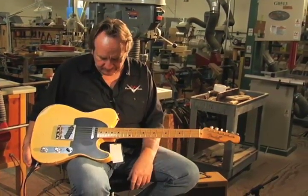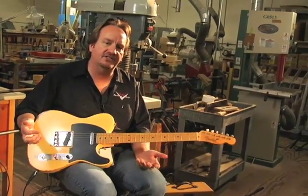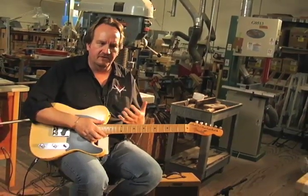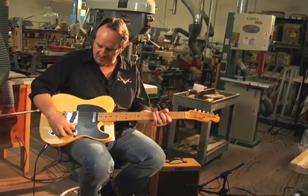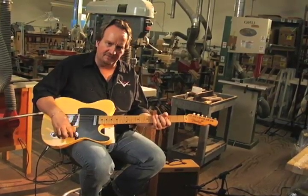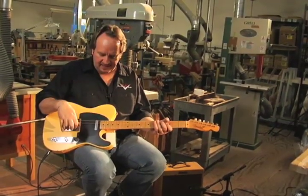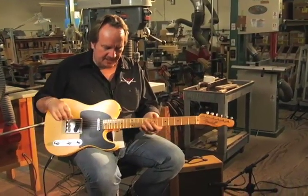The other thing that's cool about this: on a standard Telecaster, the front pickup has been what I refer to as a cloudy sounding pickup. It's cool when you use both pickups together, but not when you're using that front pickup alone, because there's some capacitor stuff going on in here, and because of the construction of that pickup, it was always very weak and very dark sounding. So what we've done in the custom shop is we actually sat down with some of the master builders years ago,